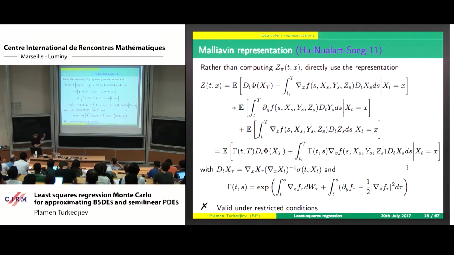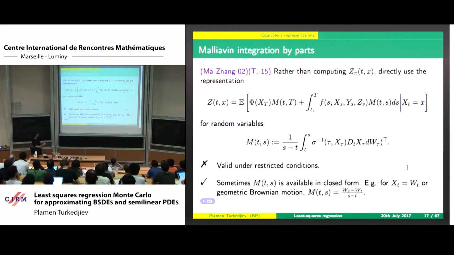We're not going to look at this further, but the reason I introduced it here is that this scheme works only under quite restricted conditions, namely where you have differentiable f and driver and a differentiable terminal condition, or at least Malyavin differentiable. So what we can do is take this kind of clumsy formulation and apply the Malyavin integration by parts formula